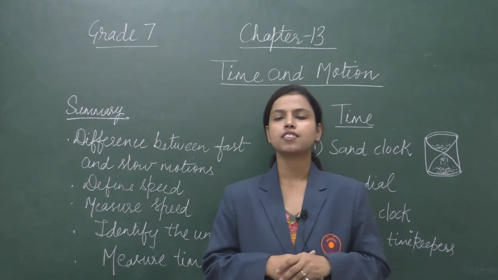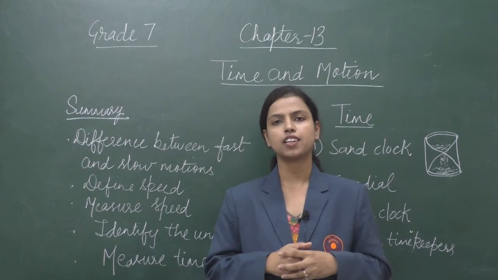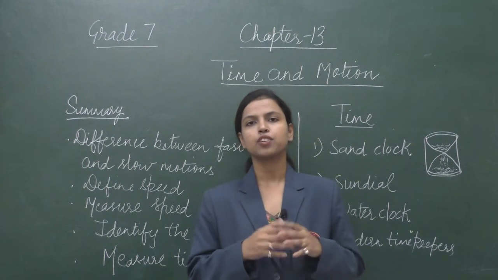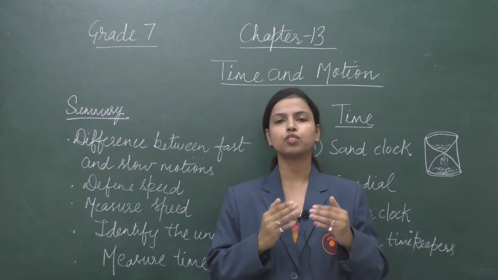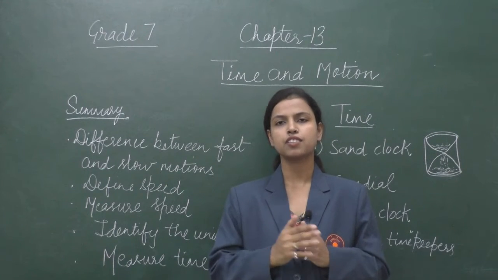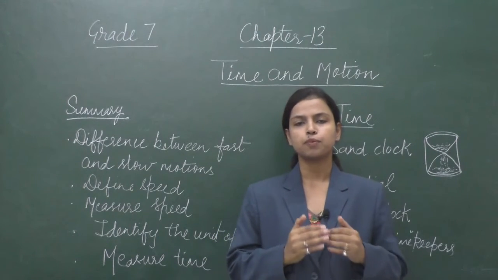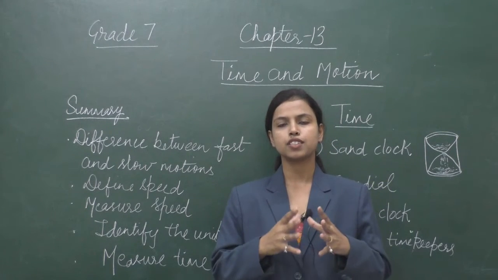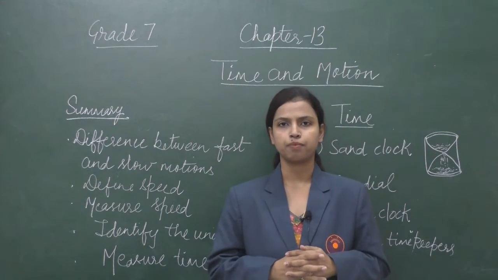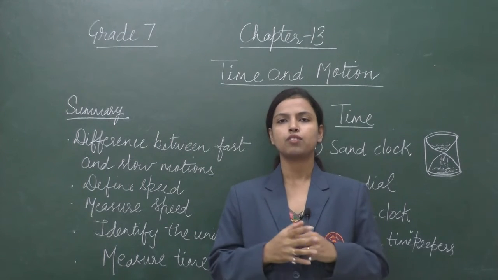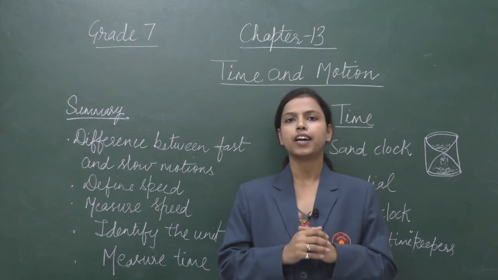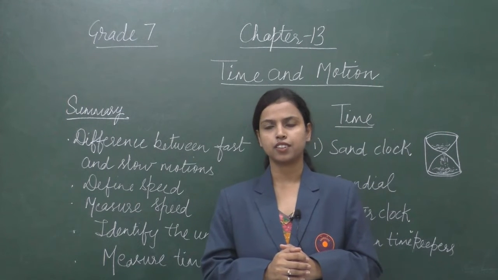Suppose there are two bikes, A and B. How can we say which bike is faster? For that we can do a task where we move the bikes for a fixed time interval. Suppose bike A travels 60 km in 1 hour and bike B travels 40 km in 1 hour. So we can conclude that bike A moves faster than the other.